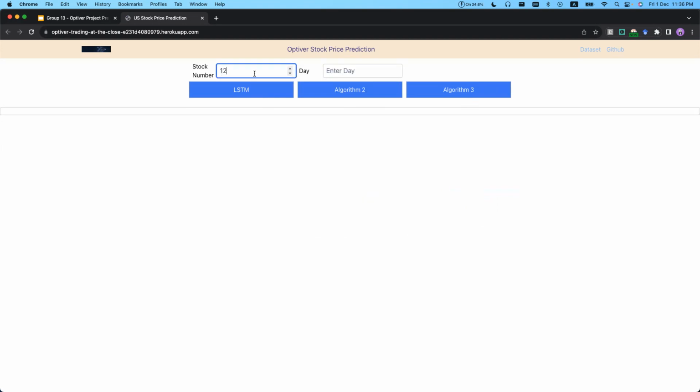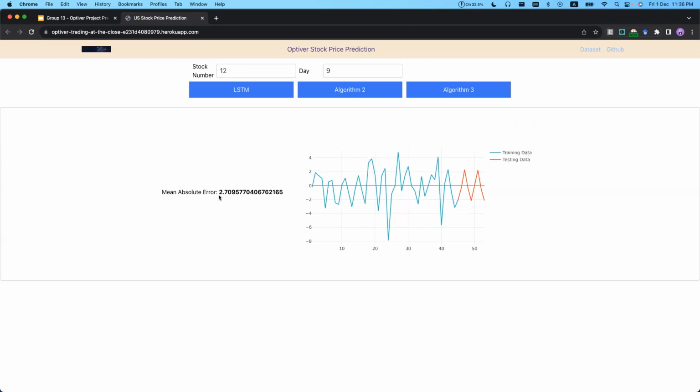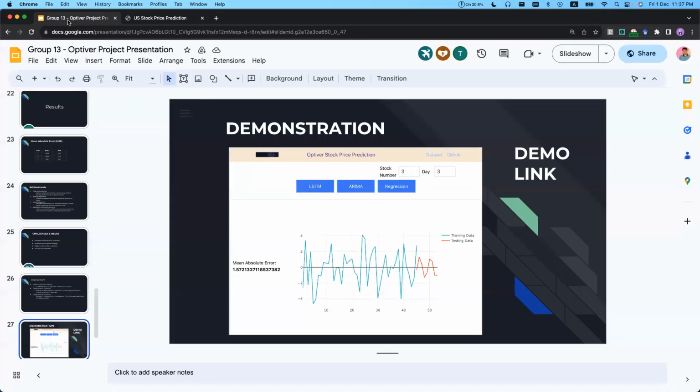Let's move on to a different stock and give a different input for that. Here we can see the mean absolute error for LSTM, this is for ARIMA, and this is for the support vector regressor. So this is our short demonstration for the project. Next,